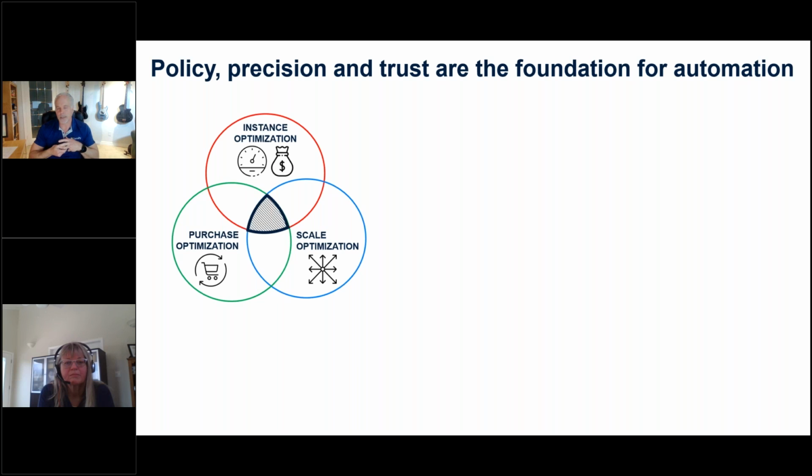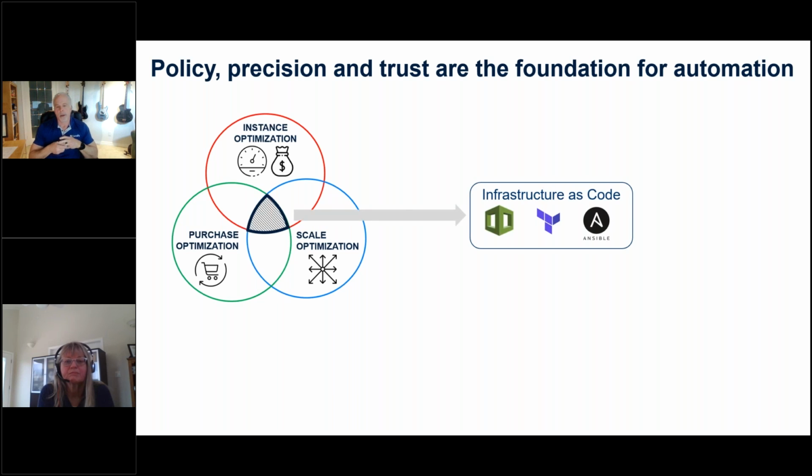Policy and precision and trust. That's how we get these answers automated. So you cannot automate a bad answer. And this we found out from our customers. A lot of times they'll get the answers out of the free tools and they're just not going to action them. So once we have the answers, taking that whole idea of saying, you know what, we can now take